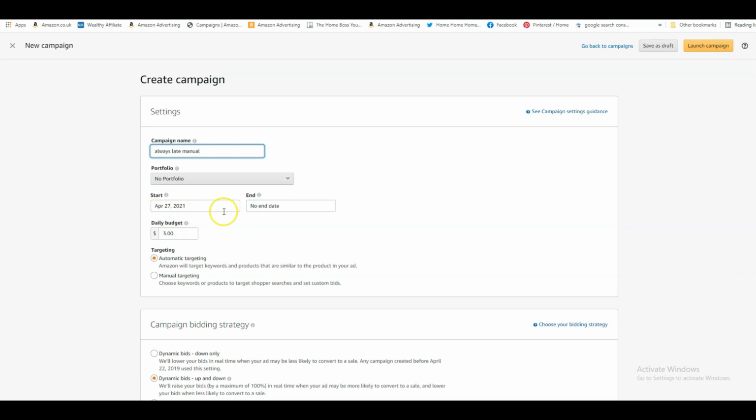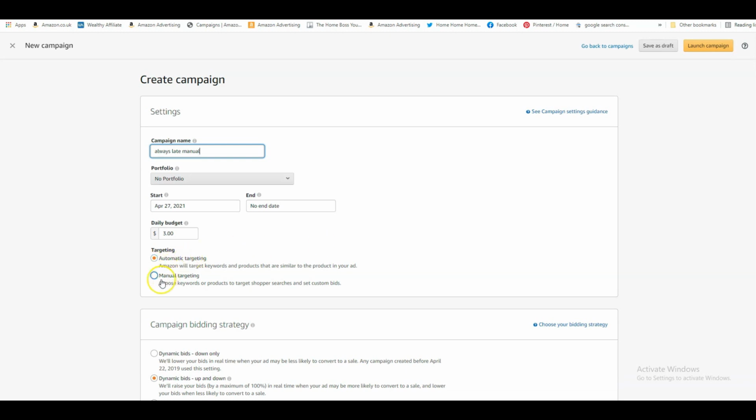The start date will be the date when you place your ad, and we keep it on no end date because you can always pause your ads or stop them whenever you like. The daily budget, I will stick to $3 per day. The higher you can go, the better. But at the beginning, I would say start with $3 minimum. I wouldn't go any lower than that because I find that I don't get many results, and it doesn't give the ad enough time to run if your budget is set very low.